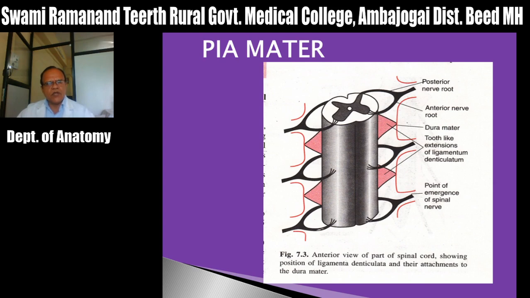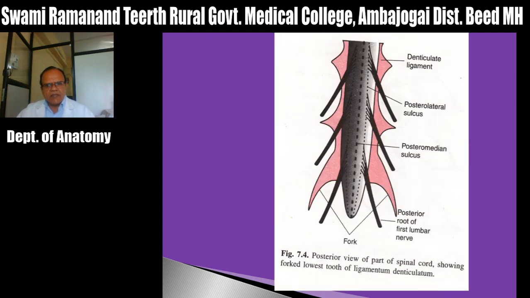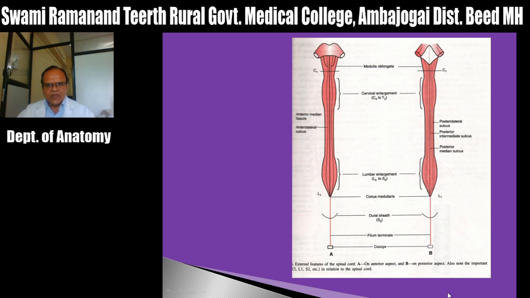And the third modification of the pia mater, here you can see in this diagram. Now see, this is the extension of the spinal cord. The spinal cord ends at the level of L1, and the extension of the spinal cord up to the coccyx is called the filum terminale. It is a remnant of the spinal cord. It shows that once upon a time the spinal cord was extending up to the coccyx, isn't it? So it gives the remnant behind.